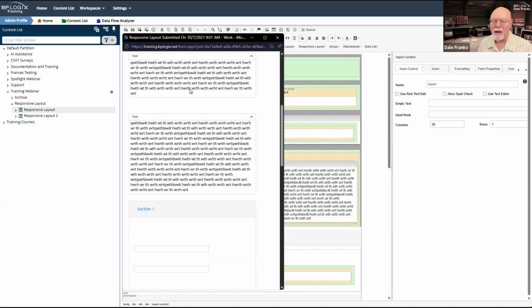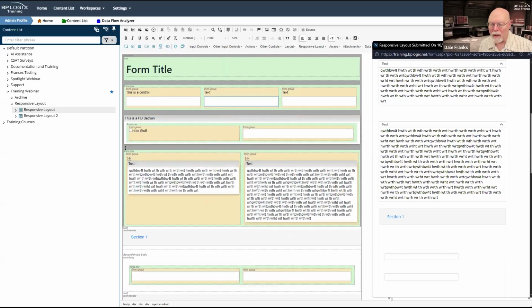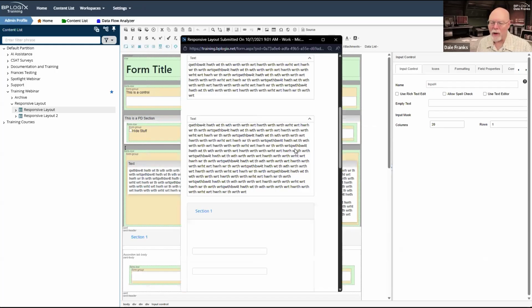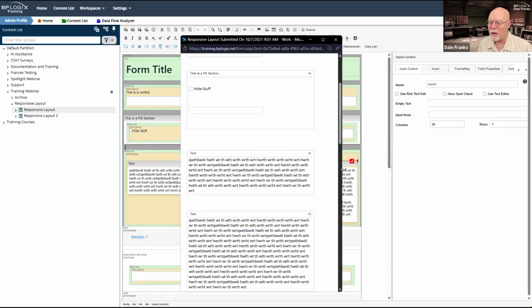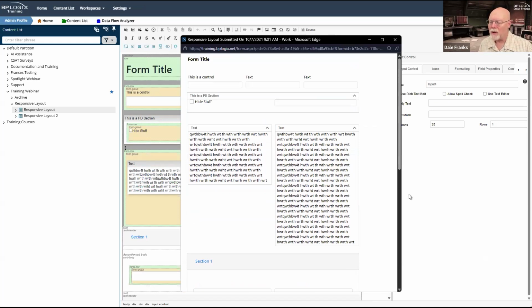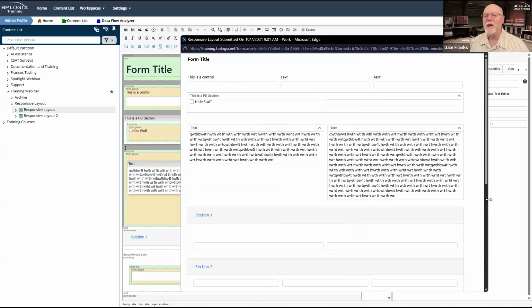So let's go down here and take a look at these two areas here. Now notice, normally these two items here are side by side, but whenever the screen is narrowed, they appear on top of each other. But as I widen my screen out, you can see the layout changes. So Bootstrap has some additional page layout HTML that also makes your form more responsive than the normal stuff that we do in Process Director for tables.